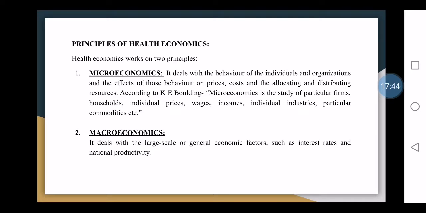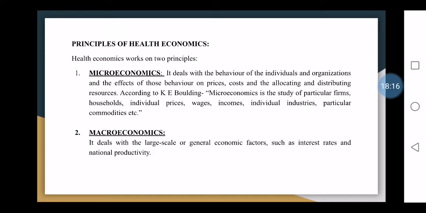Then effectiveness. Effectiveness, as you all know, states how well a program or a service achieves the goal or the objective. So how effective it is. Like if a government is providing a health service, we have to evaluate how effective the program is. So supply and demand, efficiency, and effectiveness are the three factors which directly influence the microeconomy. So let us see what is macroeconomy.